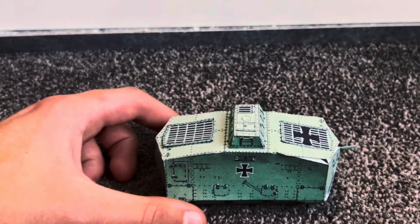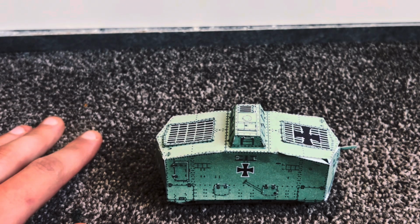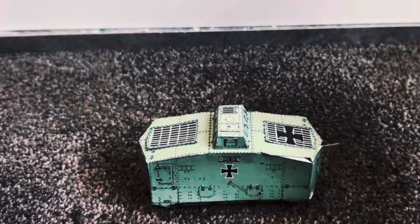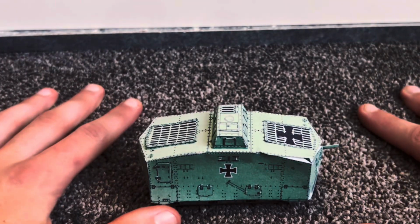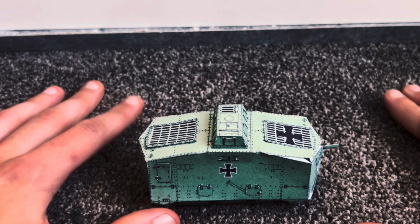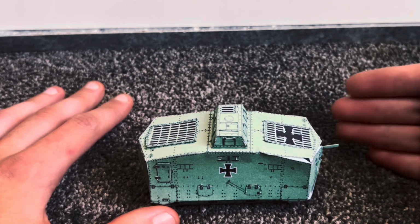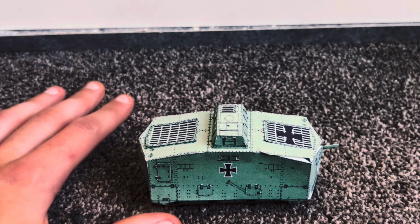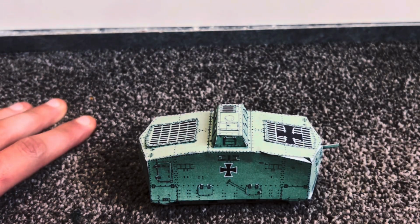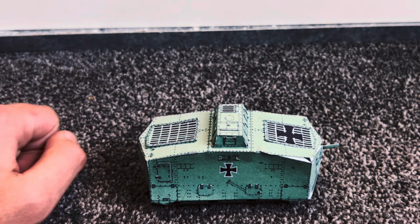Interesting fact about the A7V, it was very dangerous indeed. I mean, it had a big gun. There was an instance, I believe, where it was the Battle of Cherbourg or something like that. I can't remember, but I know there were Mark IV or Mark V male tanks, and then there were female tanks. The male tank had the big guns like the Pounders, and then the females had the Hotchkiss machine guns. So the female is the machine gun variant, and the male is the big tough boy, should we say. I don't believe there were female variants of the A7V, but its main gun was a 57mm Norfolk gun,